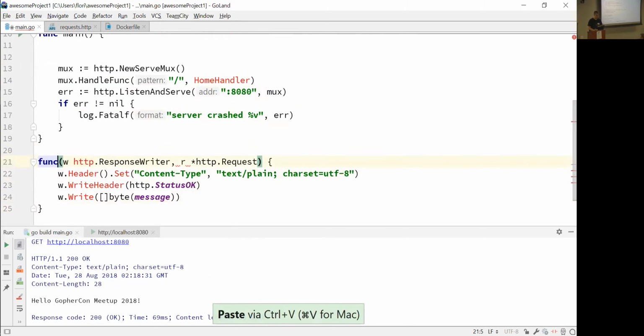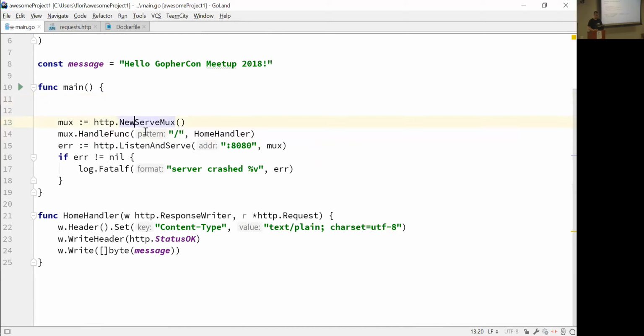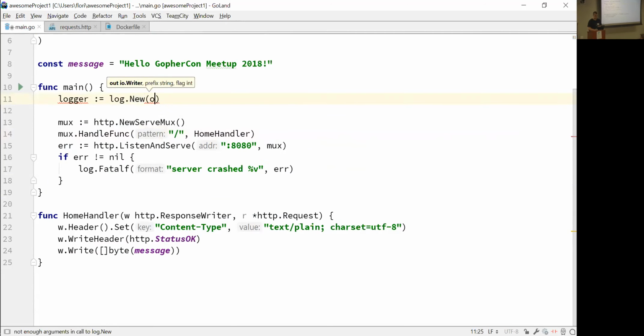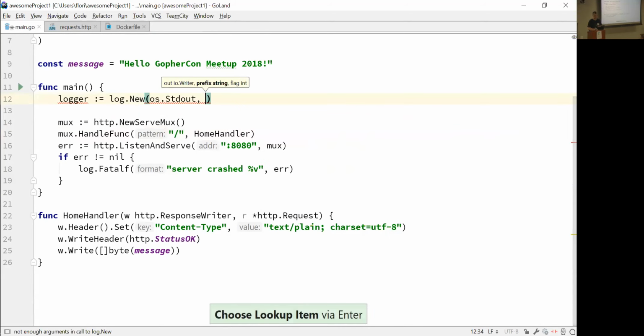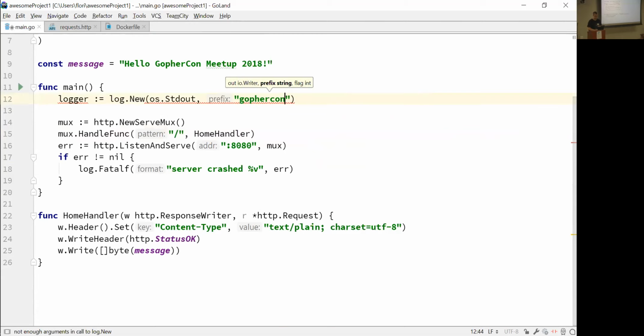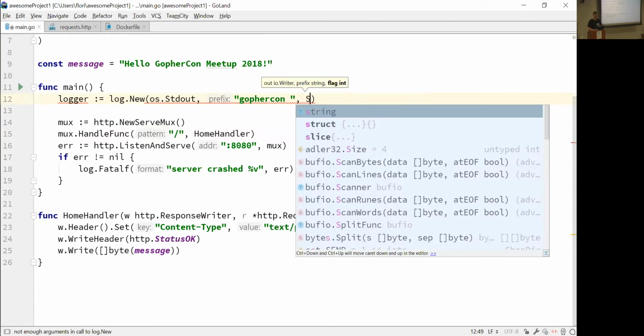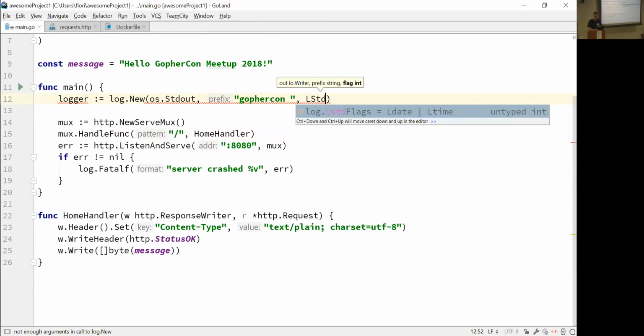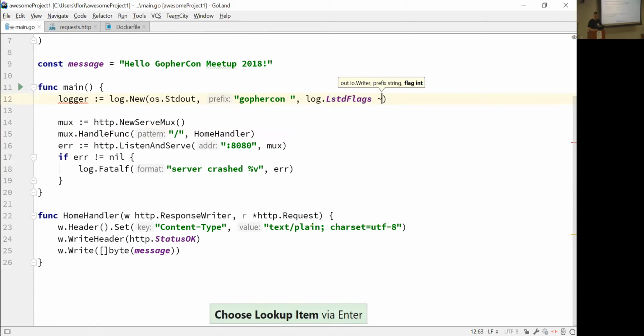Right. Another thing that we do here is that we use the log package, right? So the log package is kind of used as it is, but we can do better. We can control some of the things that we have. So we can say something like log new, and we can say, oh, I want to log to stdout. Let's say I want to have a prefix for this one, Gophercon, and I want to use the std flags, which are LstdFlags. And I want to also see the,